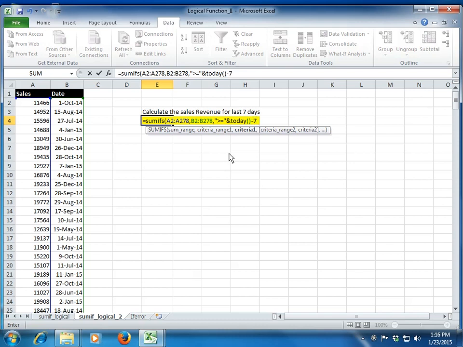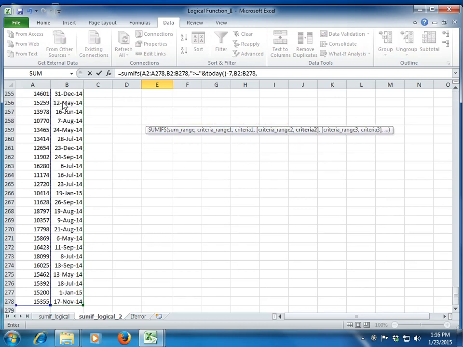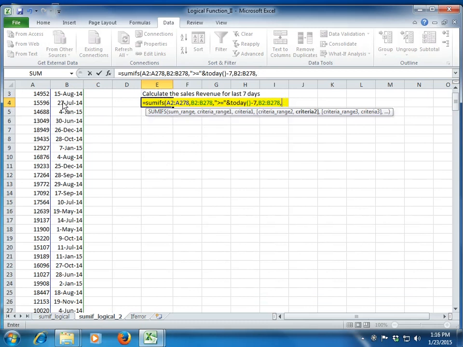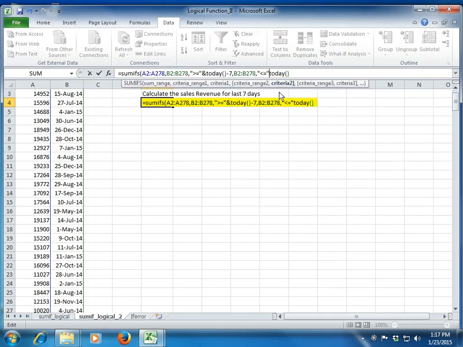Is it fine? So what I am doing, I am just creating a SUMIFS function. I have given it the sum range. I have given it my criteria range, and my first criteria is that the dates mentioned here should be greater than or equal to today minus 7. That's all I have done. Okay, I give it a second condition. I give it a criteria range again. That is my criteria range 2. And I give it a criteria that it should be less than or equal to, you are absolutely right, today. Right? I missed an ampersand here. Excel will not recognize it without the ampersand.